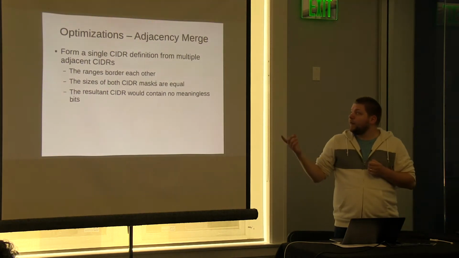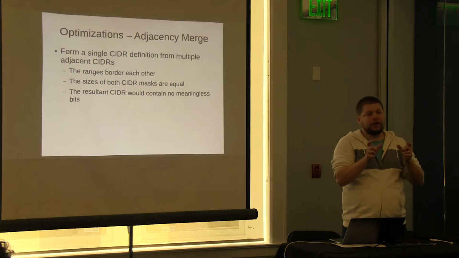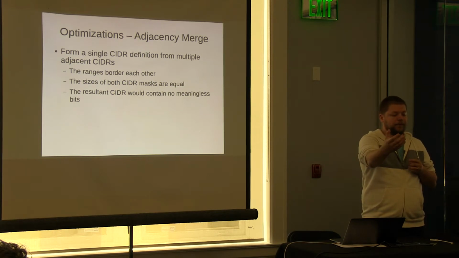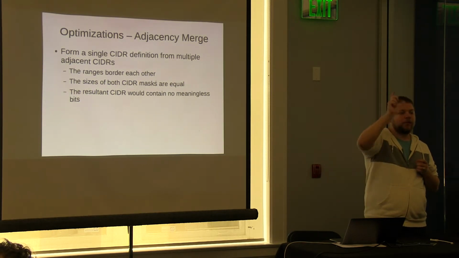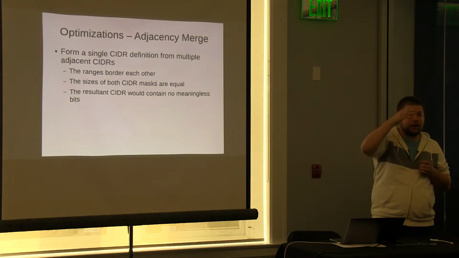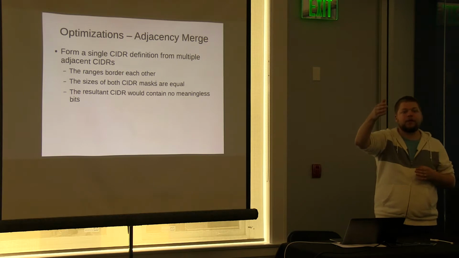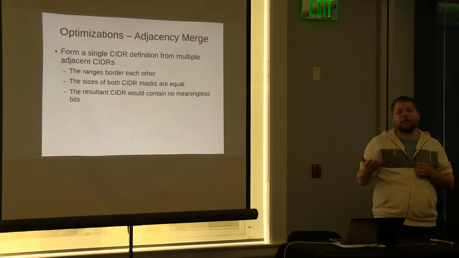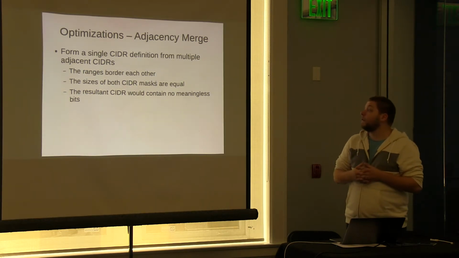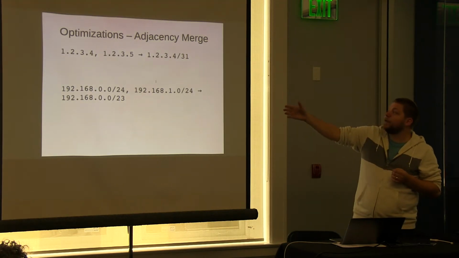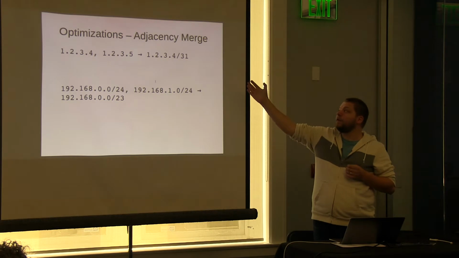So one of the optimizations that we had was forming a single CIDR for multiple IPs. In our case, it's because some of our feed data was just large lists of individual IP addresses. And you had 1.1.1.1, 1.1.1.2, and this went on for 50 or 60 IP addresses. There's no reason to consider each of those individual /32 CIDRs when they can be coalesced into a single block. So for example, 1.2.3.4 and 1.2.3.5 paired right next to each other just become